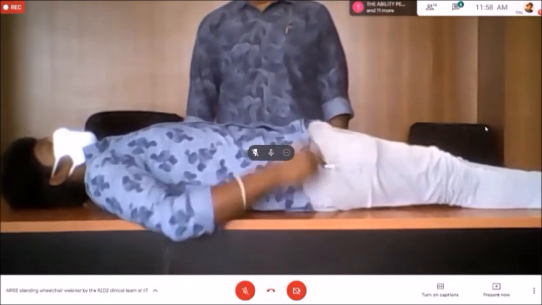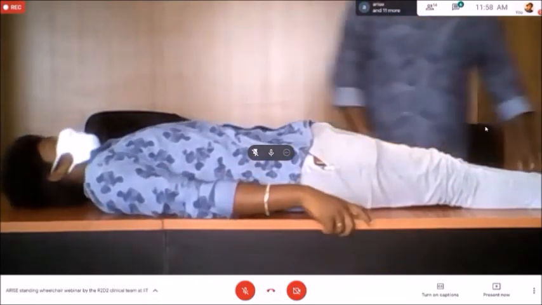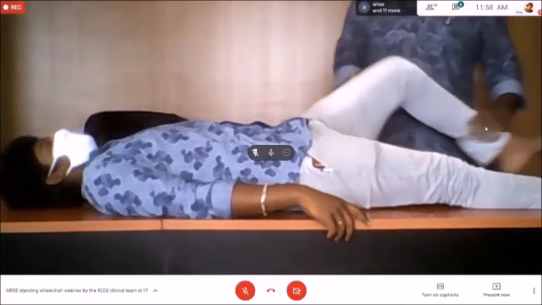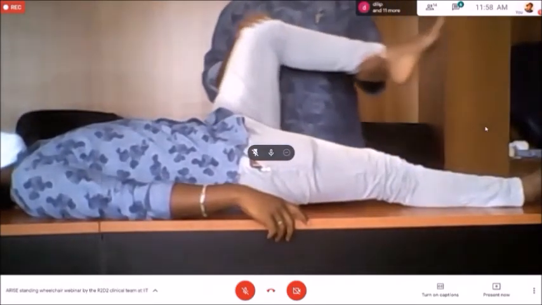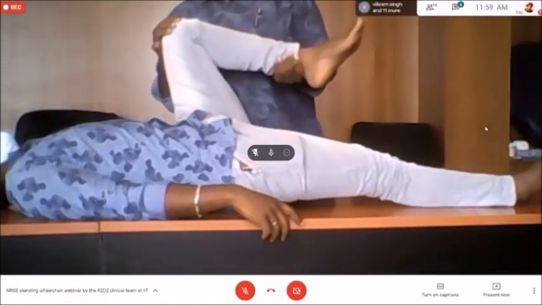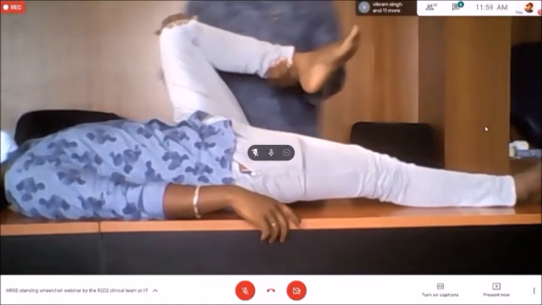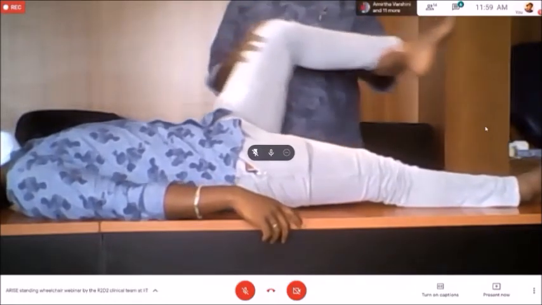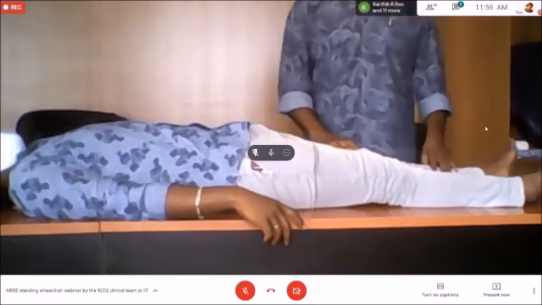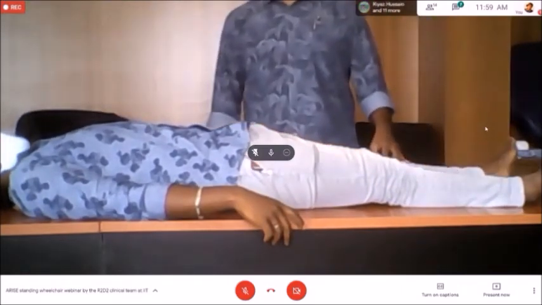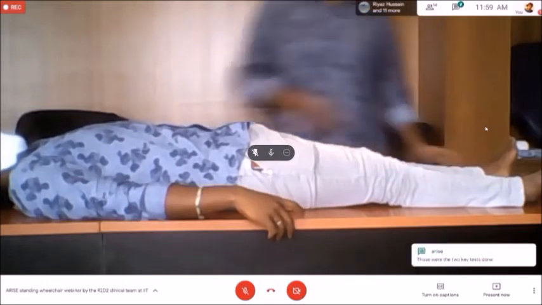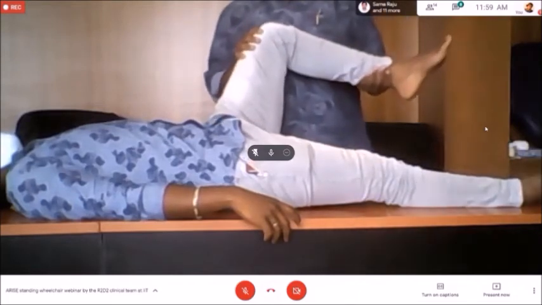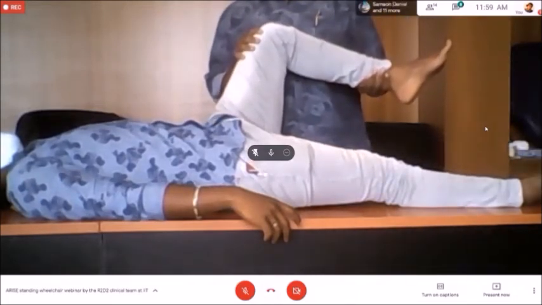Can you bend his knee and take him to full range of hip flexion? With the bent knee, sir? Bend the knee and then take the hip into flexion, full range, full hip flexion. Yeah, so we're checking for full hip flexion to extension. The range is usually 0 to 135 degrees. We will take it to 50% knee flexion. Yeah, so you get that, and if you see a catch and then you feel resistance,